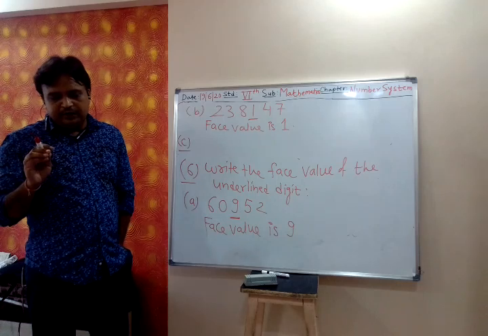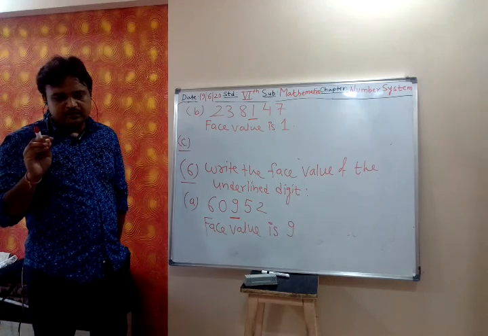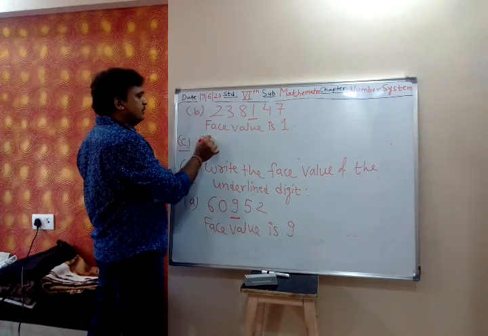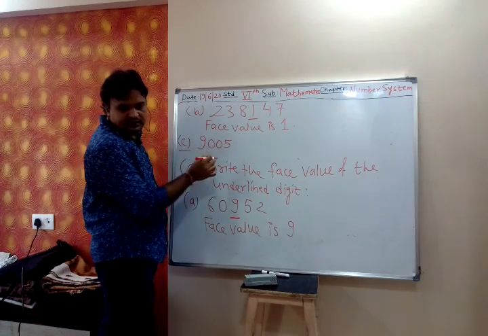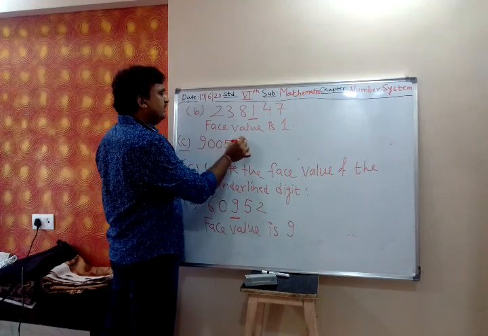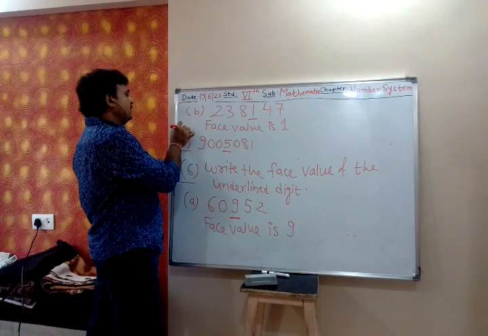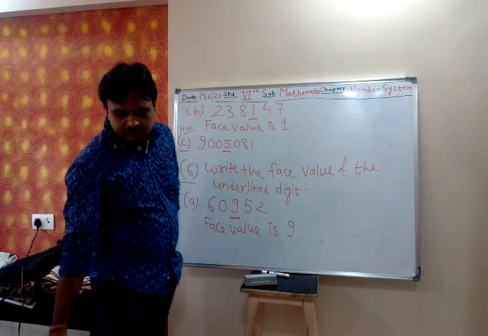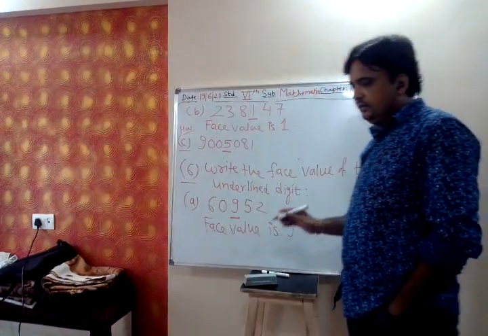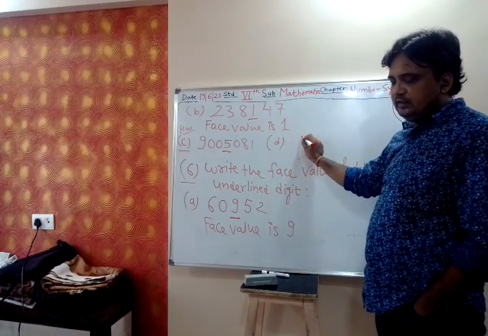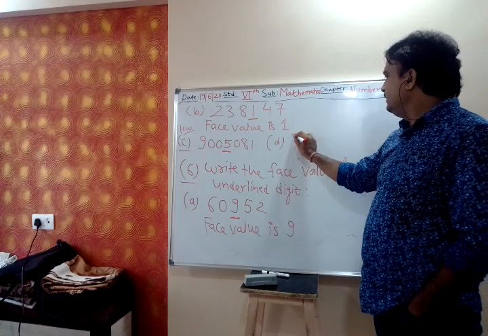Next is 9005081. Underlined digit is 5. So this is homework. Then D, 387